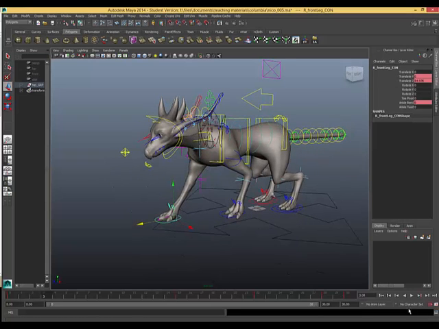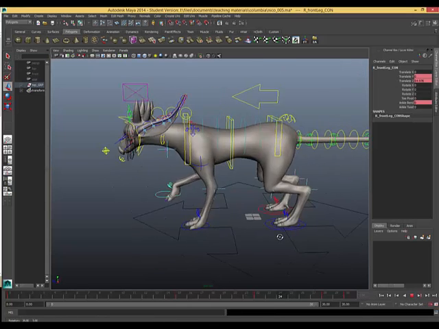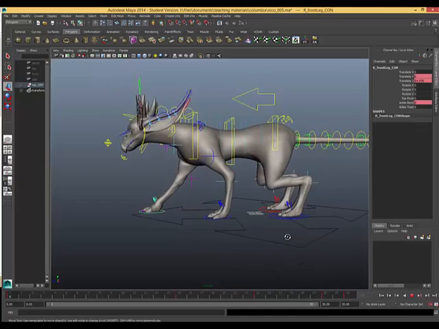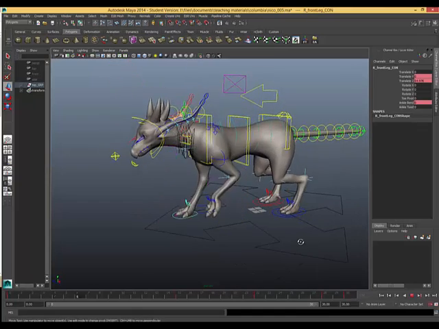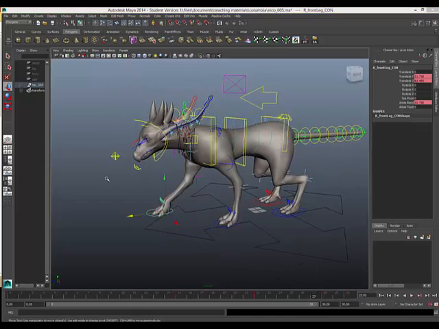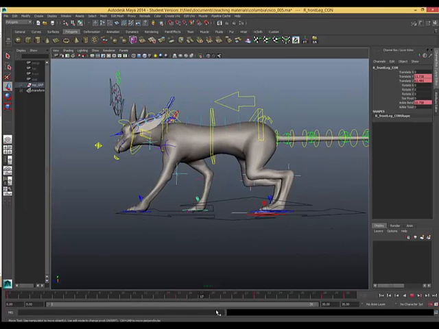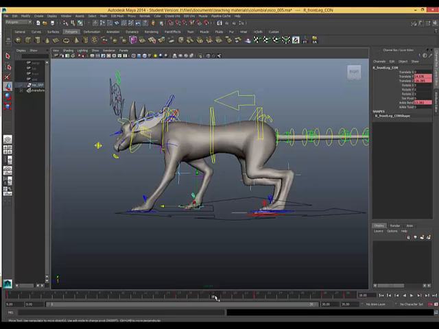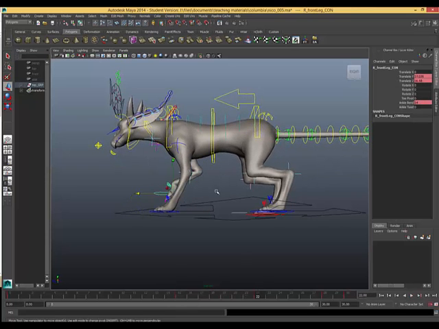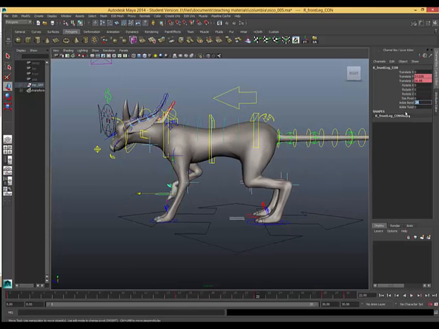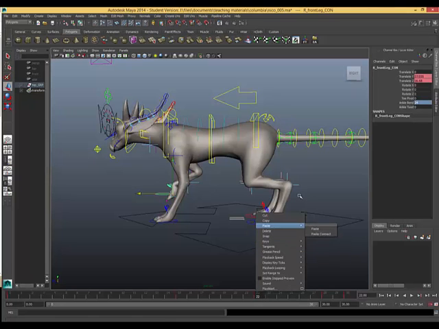Alright, so in the last video we started animating our quadruped walk. We have our simple up and down, and we have our pull of the feet. And what I might do at this point, looking at this, is start that bend a little earlier than on 22. So on 22 here, I'm just going to delete